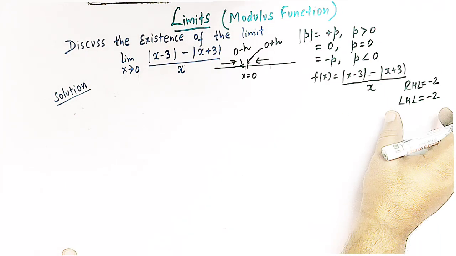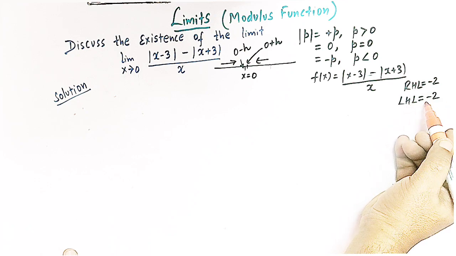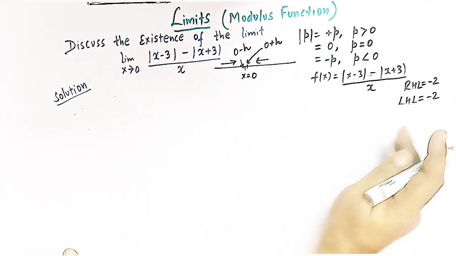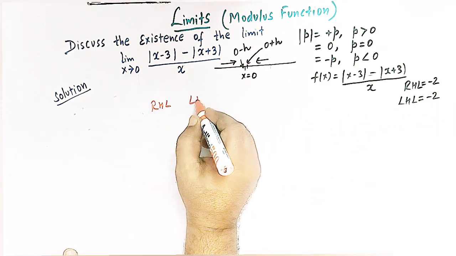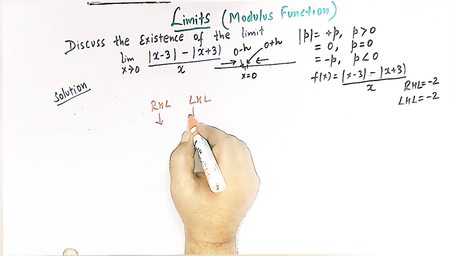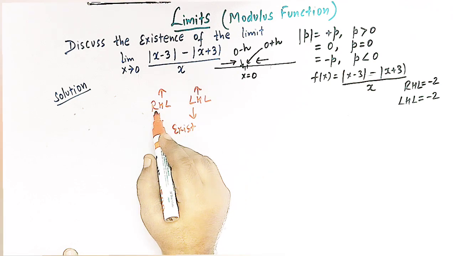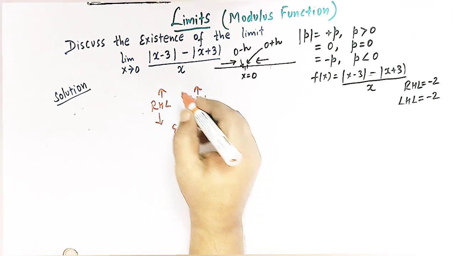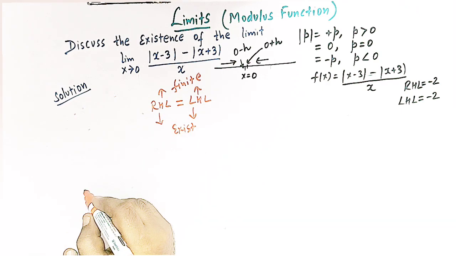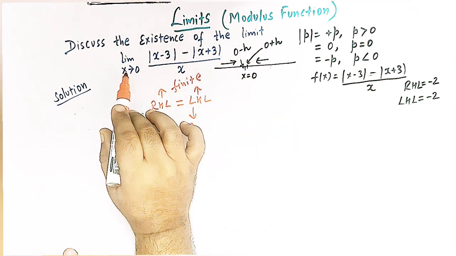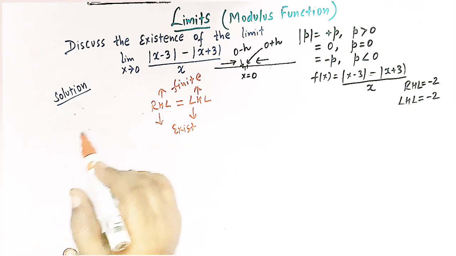So now we have calculated the right hand limit as -2 and the left hand limit as -2. So we can easily conclude that the right hand limit and the left hand limit both exist, and both are finite, right? So the right hand limit and the left hand limit both exist and finite, and they are equal to each other, right? So the limit of this function exists when x tends to 0,